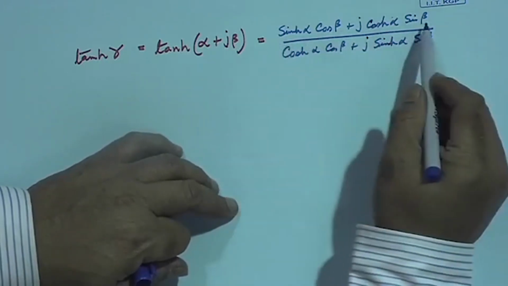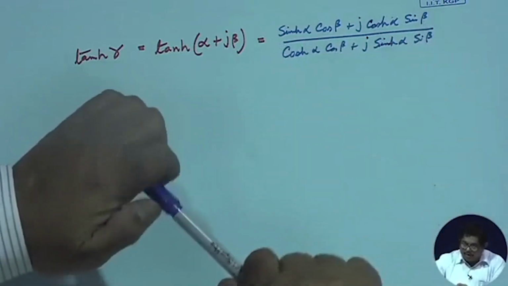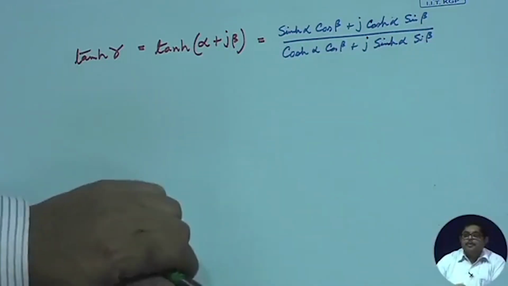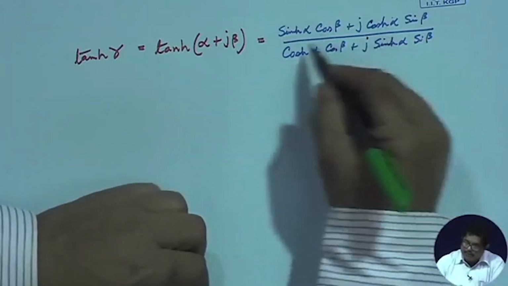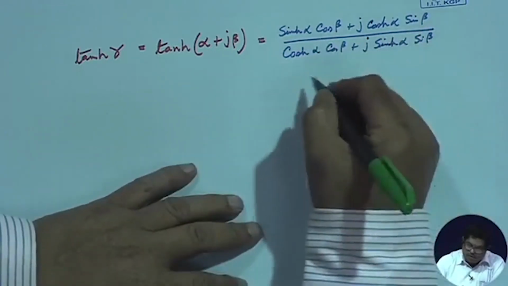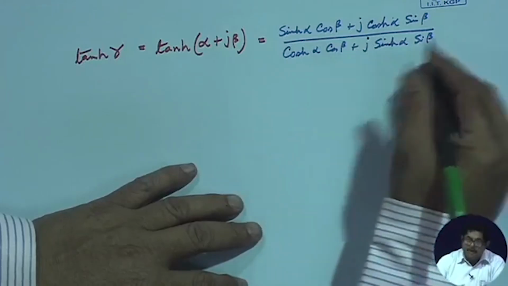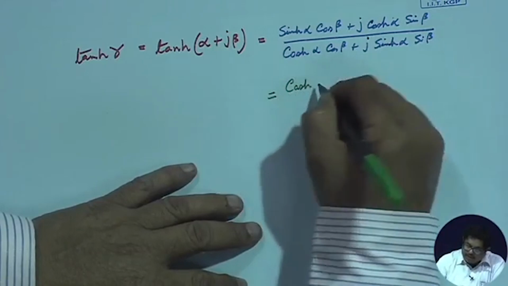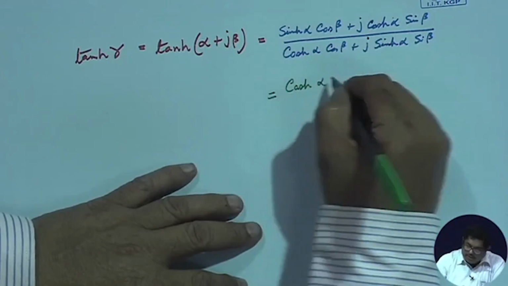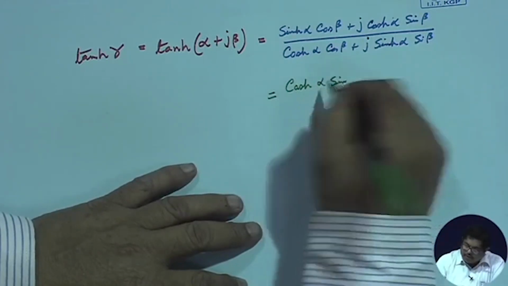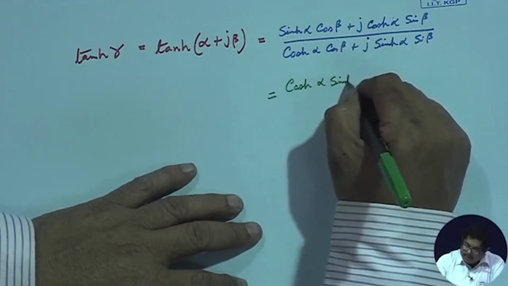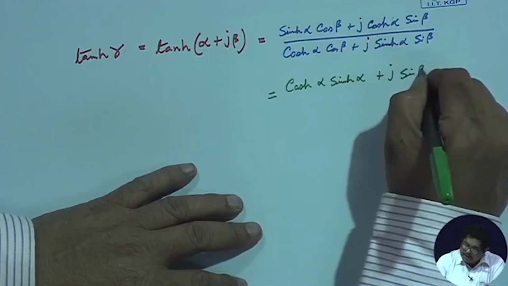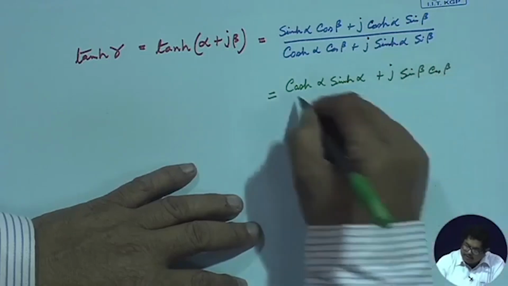Now, numerator and denominator both are complex numbers a plus jb. So, I rationalize the denominator. After some simple manipulation, that becomes cos hyperbolic alpha sin hyperbolic alpha plus j sin beta cos beta